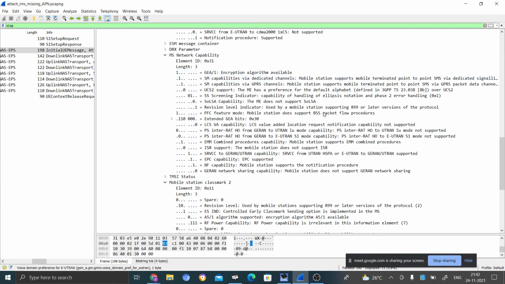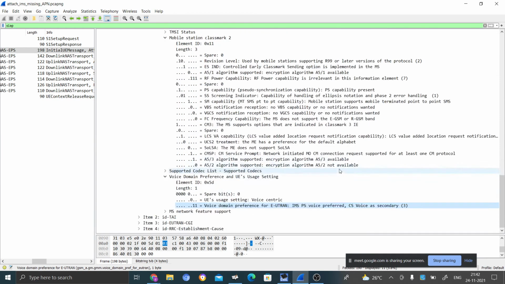Anyway, we have seen there that it supports CSFB, but as a secondary, not as a primary.